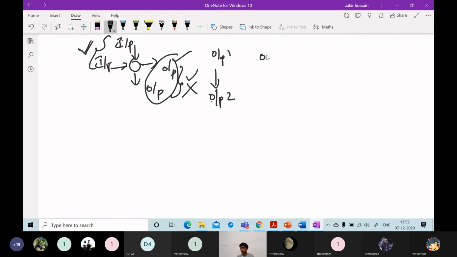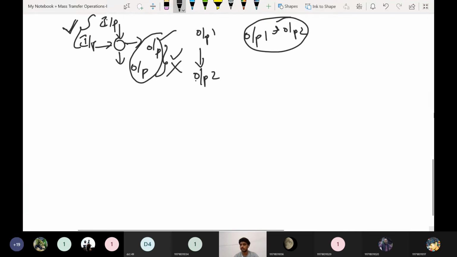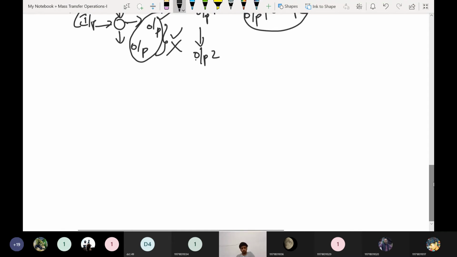When they are not providing output 1 and output 2, then we have to use some graphical method to calculate them. They have to provide some equilibrium data, so then we can use a suitable graphical method and evaluate graphically. So we will see how to evaluate these equations using graphical methods when there is no output data given. In the problem, when they are not giving the output data, they have to give equilibrium data. Equilibrium data we already know.